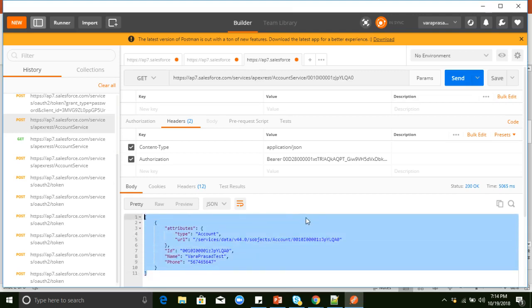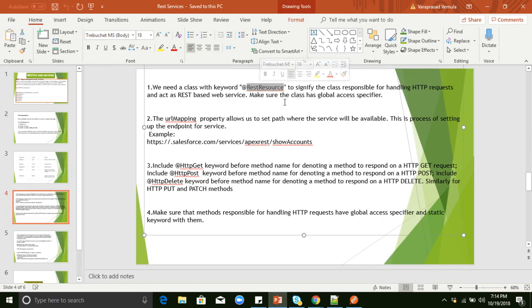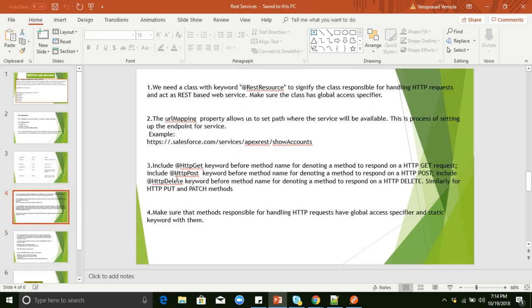So like this, we can do everything. I will show you some remaining important points here. See, these are the classes. We need to use RestResource on the class, and URL mapping. We need to follow some unique name here. For example, this is our Salesforce base URL, and this is the predefined part we need to pass, which indicates which service we are using: services/apexrest/ followed by our URL mapping name. And these are the methods available: post, put. Already we discussed all those things. The difference between put and patch is that put means upsert, patch means update.